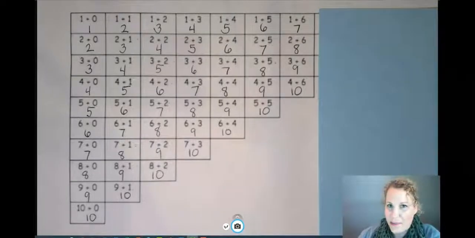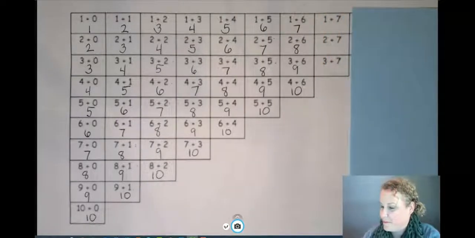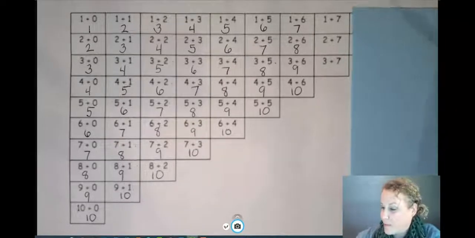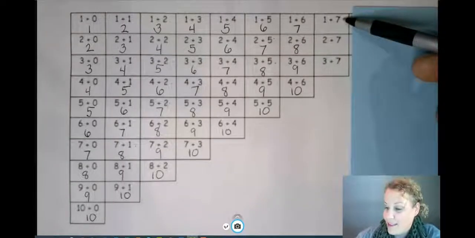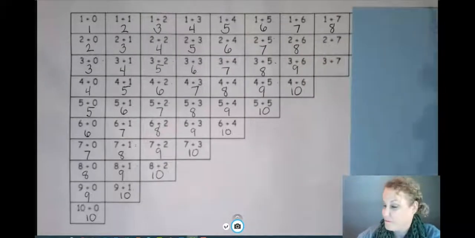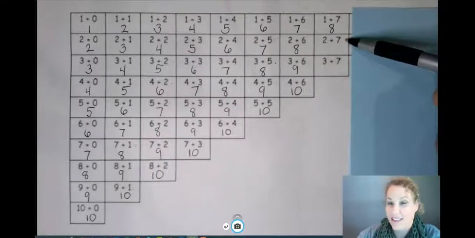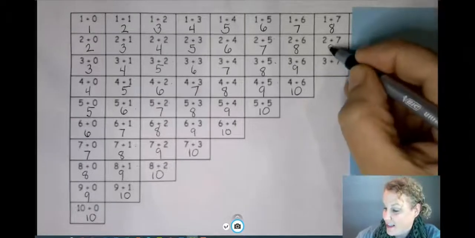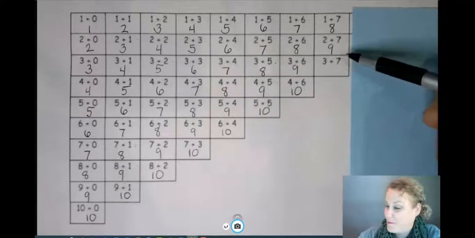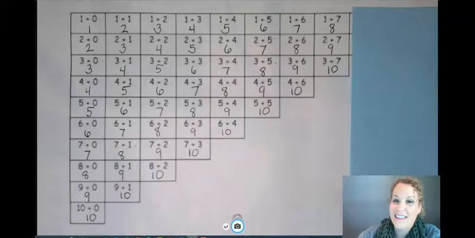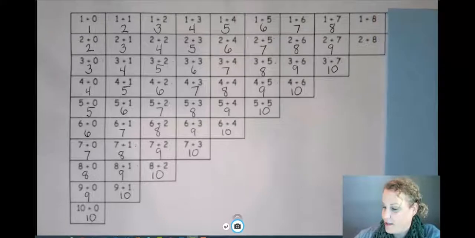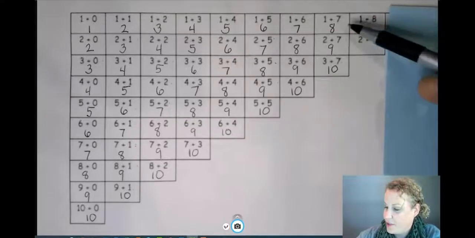Let's find the rest of the solutions. Be sure to write these down as we go along so you'll have them for the problem set. 1 plus 7 equals 8. 2 plus 7 equals 9. 3 plus 7 equals 10. Do you think it's possible, without me even looking at the expression, to know this solution just based on